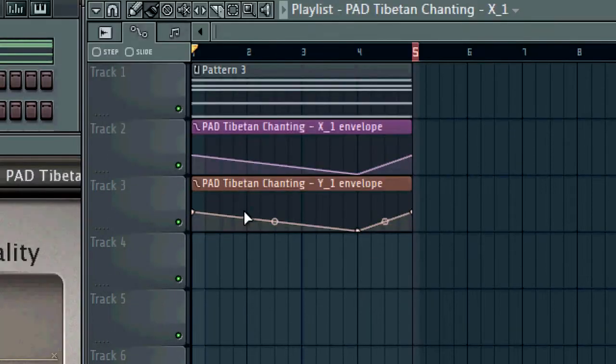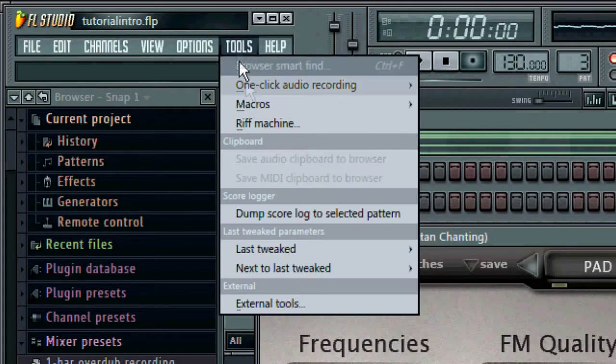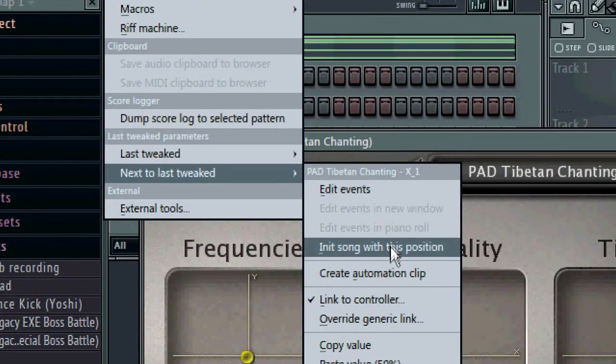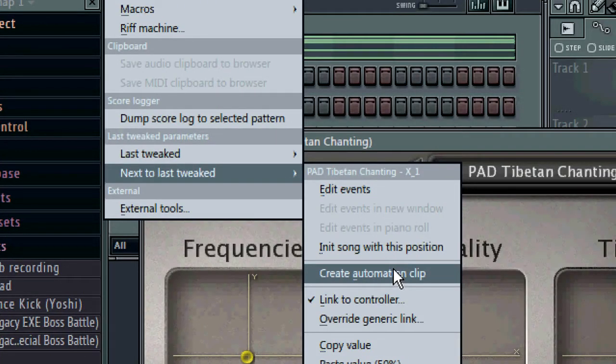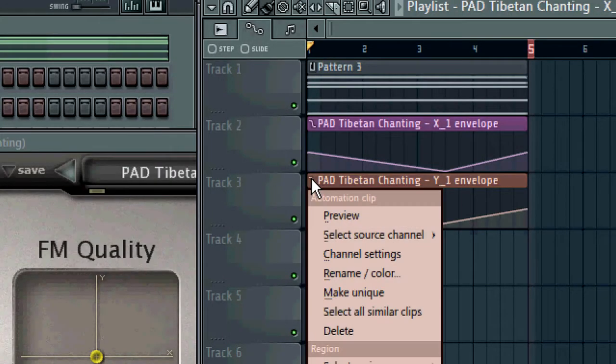So here's what it sounds like now. Or perhaps this variation. And yeah, you can just do that with Tools, Last Tweaked or Next to Last Tweaked, Create automation clip. Or let's say you created two of the same. You can just